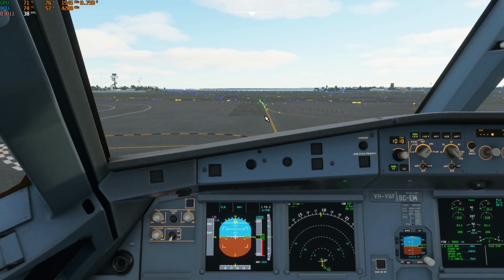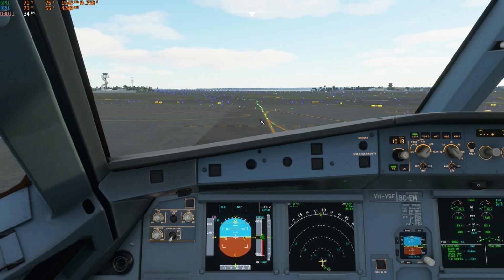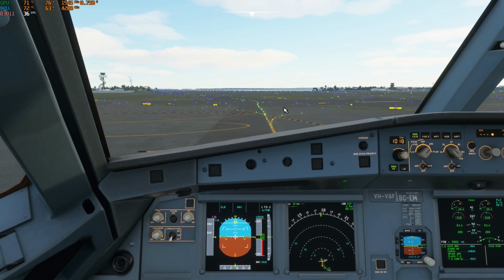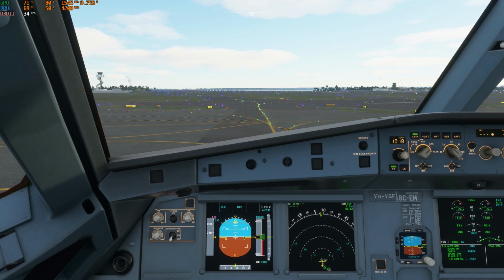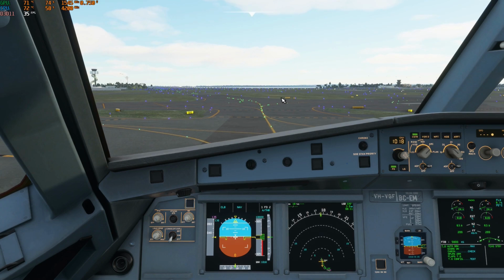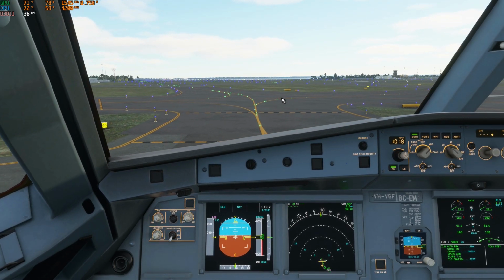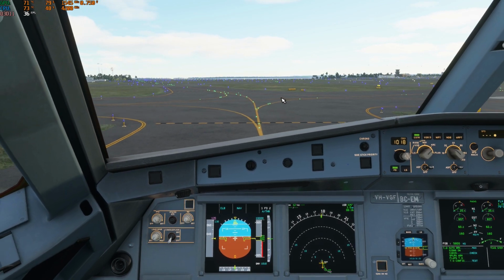Actually, we can continue going straight here. There's a little slope here, I think. Yeah, there's a bit of a slope here, and then we can take a right here. Yeah, that sounds better. Yeah, we can cross on Golf and then take a left on Alpha. It's pretty simple. Alright, we're going pretty fast now that there's that slope, so let's just artificially brake our aircraft